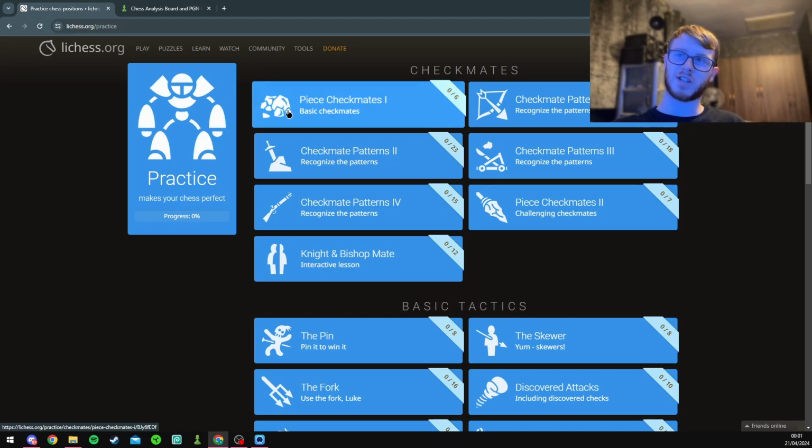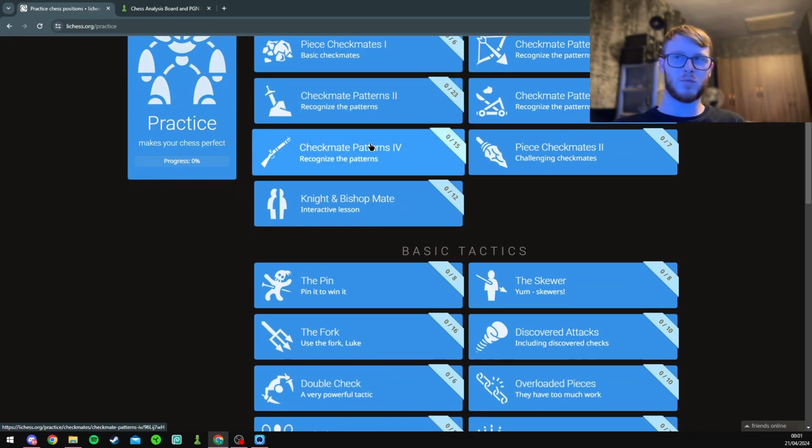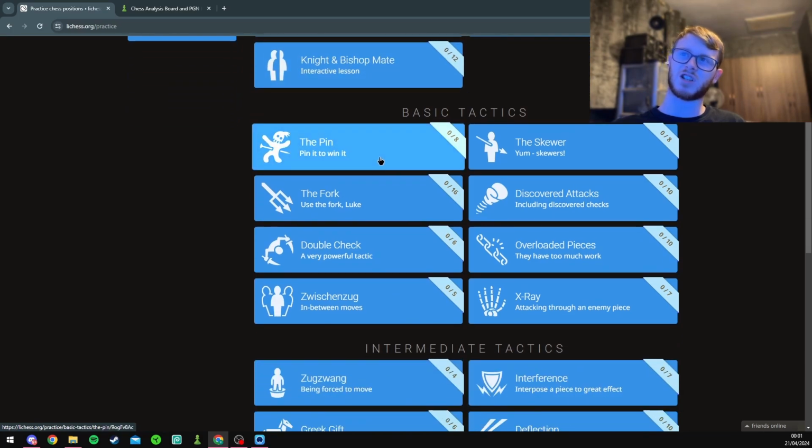And when I say all the piece checkmates, it will take you through every single different piece. So two rooks, a rook and a queen, a rook and a knight and a queen. It will take you through all the pieces. It teaches you all the basic tactics that you need to know, pins. It will teach you about the two different types of pins, like pin to the queen and pin to the king. It will teach you about skewers, fork tactics, discovered attacks, double checks, overloaded pieces, zwischenzug, and X-ray